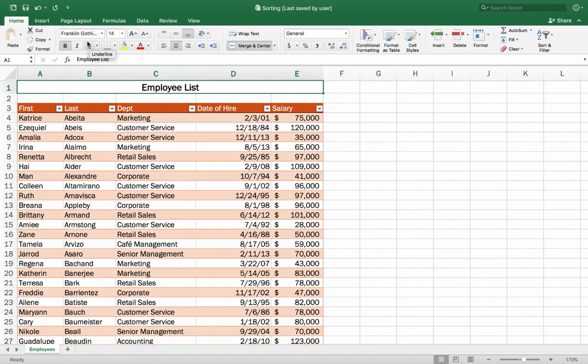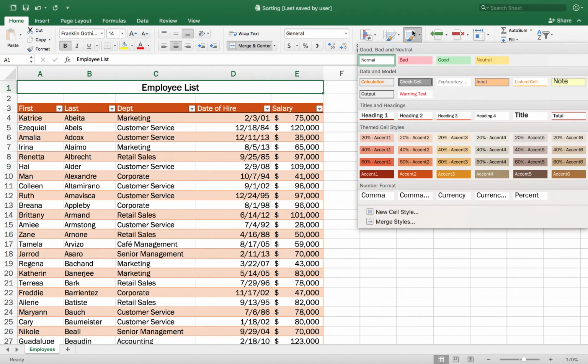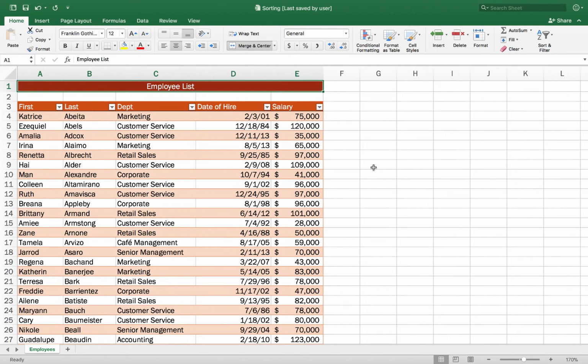You do that manually, but check out on the Home tab, over toward the right, there's an option for cell styles. If I click on Cell Styles, I've got a whole bunch of different styles I can apply. These styles are tied back to the theme that you're working with. There are a lot of predefined styles. You can modify those, and you can also create new styles if you want to. I'll choose, for example, the Accent 1 style here. That automatically applies some formatting to the cell. That's a really quick way to do formatting, and it allows you to be consistent.